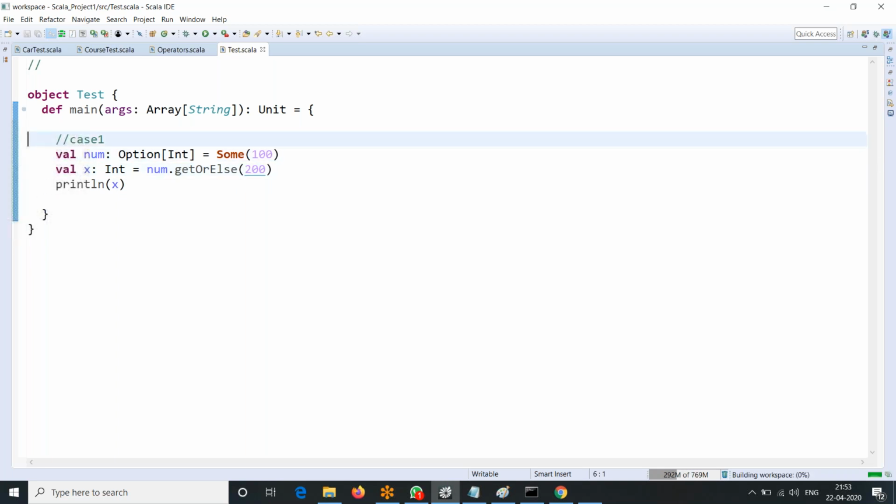Suppose there is another case two. All of you clear with this, right? Is this case clear for everyone? Is it clear for everyone, guys? Please confirm yes or no.